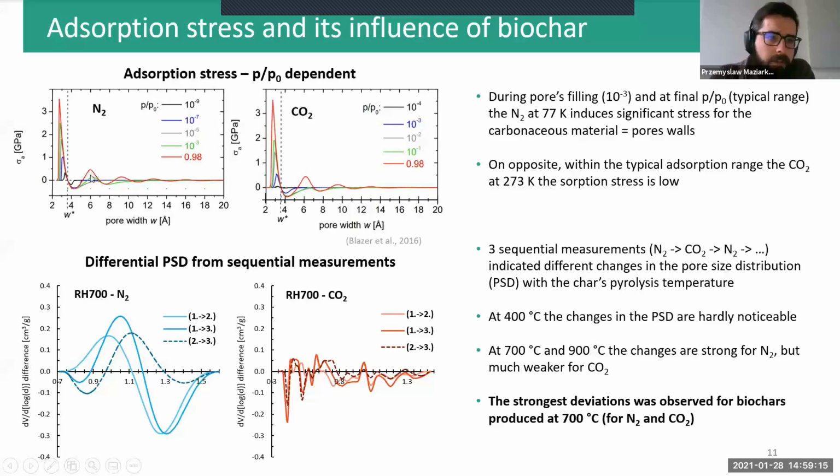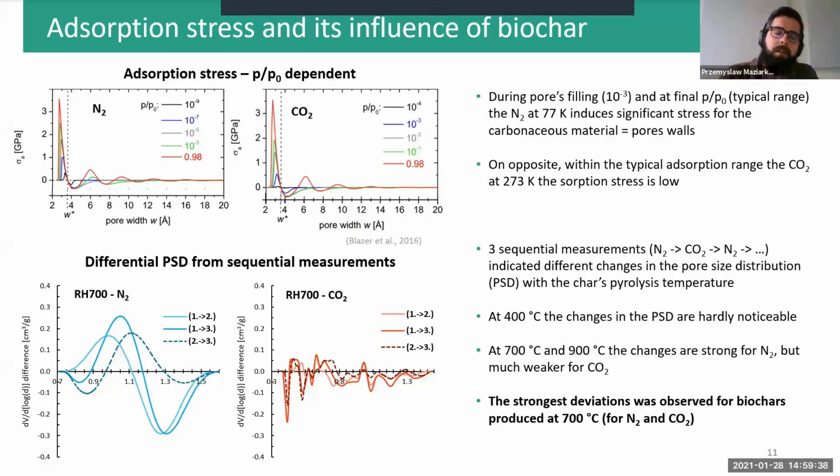This is the red line and the green line. On the other hand, when we look at carbon dioxide within the range that we used, the lines are not that visible. That means that the stress is not that high. To assess the difference,